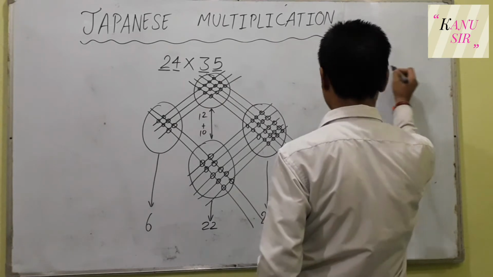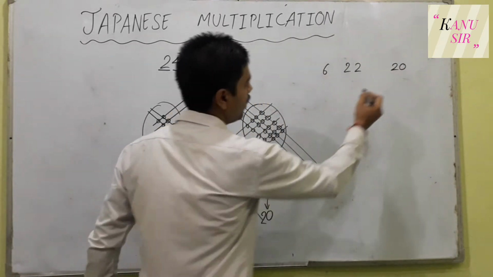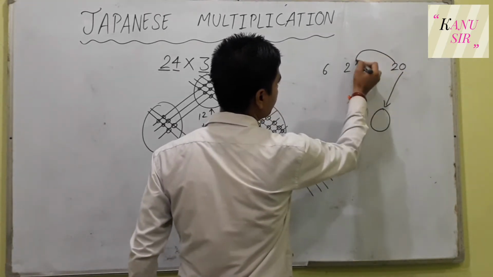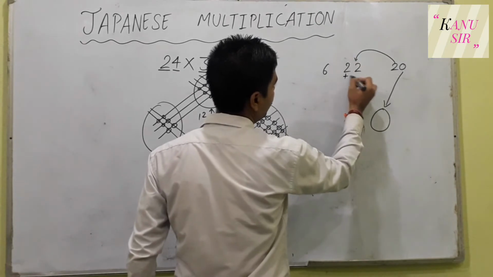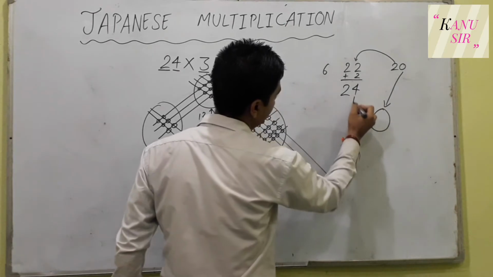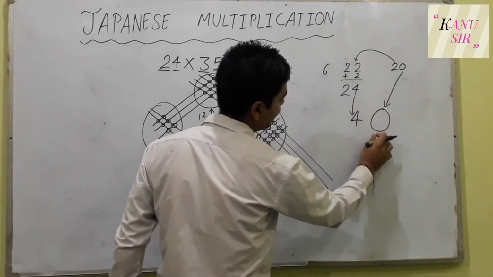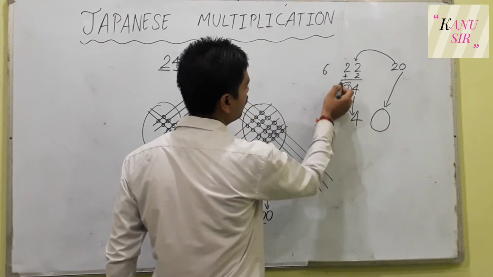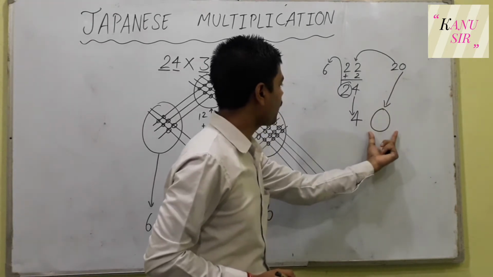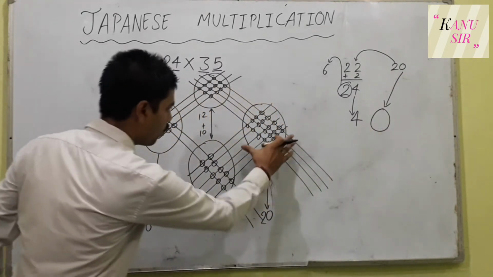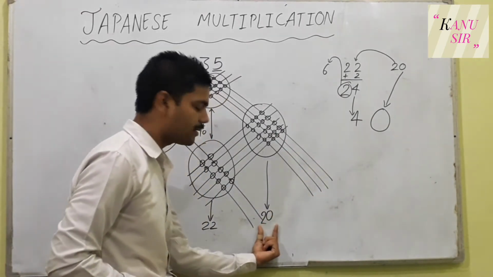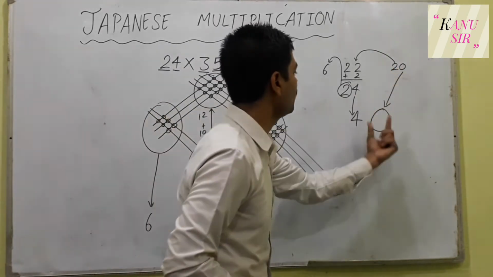6, 22 and 20. You have to just take 0 from here and 2 goes to the 22 and it will get added. 22 plus 2 you will get 24, and you just pull down 4 and 0, and this 2 will go to the next side, the ones area. It is the area of ones, tens and hundreds. You have to put only one digit in the ones place, so you will just put 0 here.